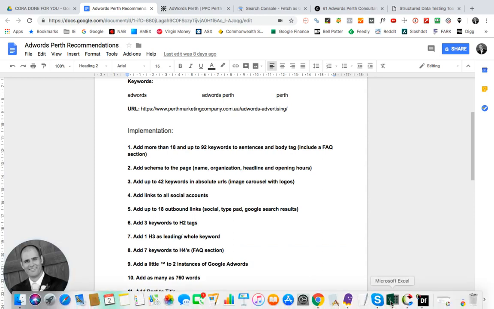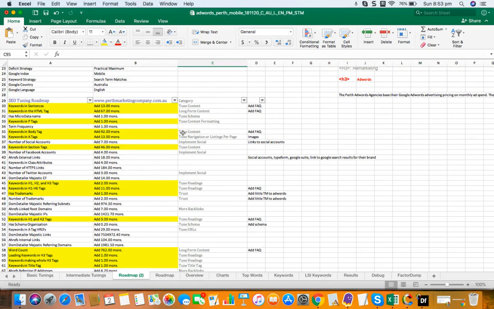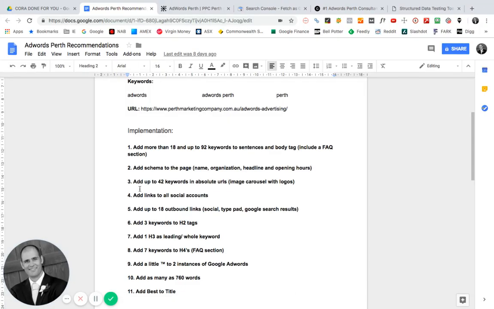So the next thing that I looked at, so the keywords and the body tag. So I addressed all of these with this FAQ. So the next one that came up was keywords and A tags. So, this is either navigation or listings. So when I went back in, I found out that a lot of that was the actual images on the page. So my next one here is add up to 42 keywords in absolute URLs. So an image, so